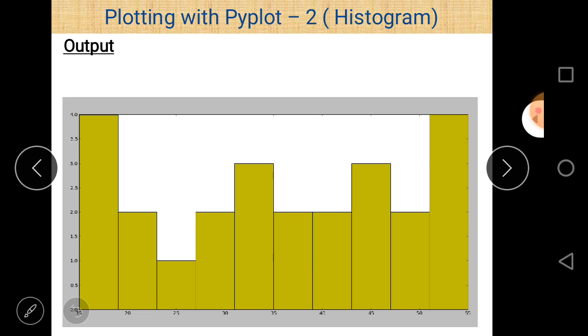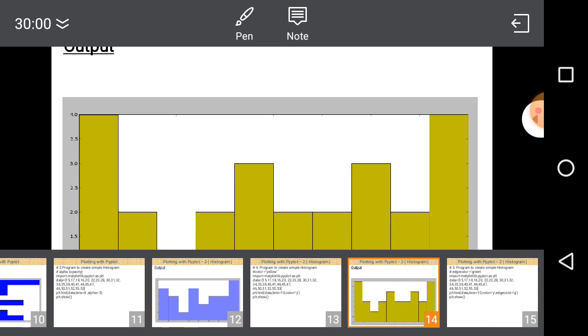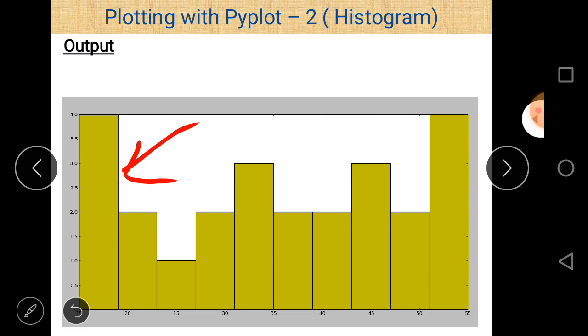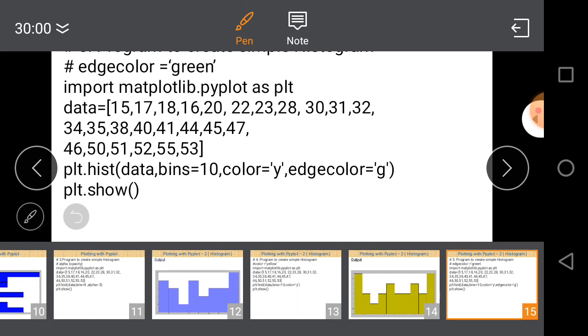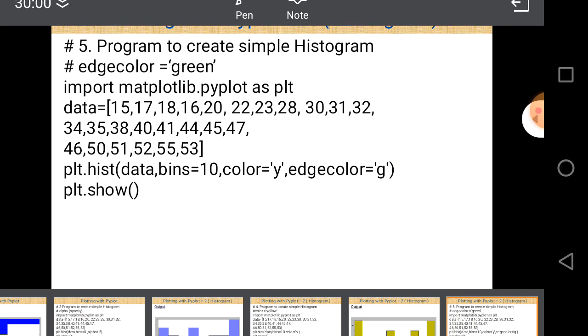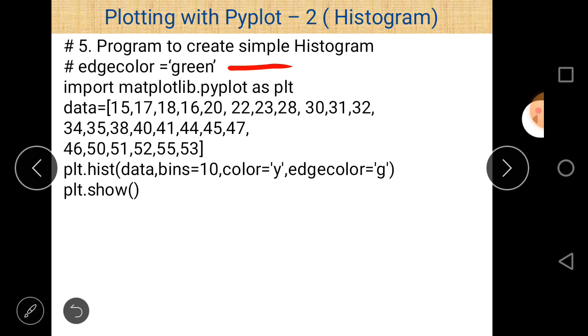In this program we can see that in the output the color of the edge is black, so the default edge color is black. But if we want to change the edge color of the histogram, then it is also possible, and this is possible using the parameter edgecolor. And in this program we take edgecolor is equal to green.